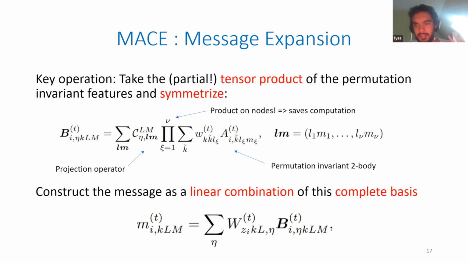And this C is really just a projection matrix. You tell it what kind of tuple you have created, what kind of bold LM you have created, and the kind of target symmetry you want. So these are the big LM, and it tells you how to symmetrize it. So you just give it the tuple and the target you want, and it gives you the projection from that. And it's really a classic projection operator.